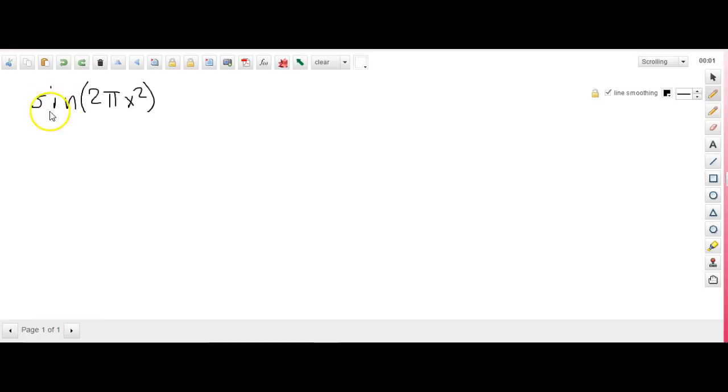We have an outside of sine, an inside of 2 pi x squared. So we'll need to know the derivative of the outside, and we'll also need to know the derivative of the inside. So I'm going to say the outside is sine u, and the inside u is equal to 2 pi x squared. So the derivative of the outside, derivative of sine, is just cosine. Derivative of the inside